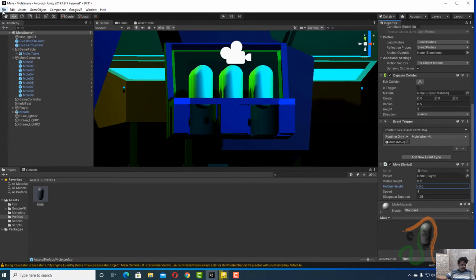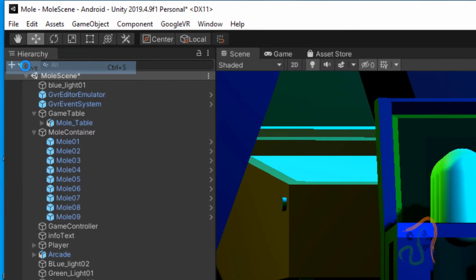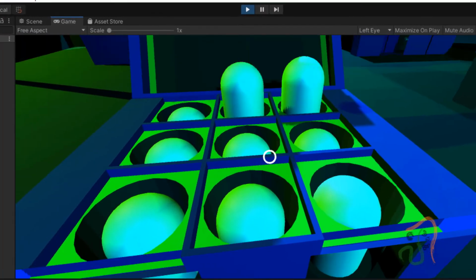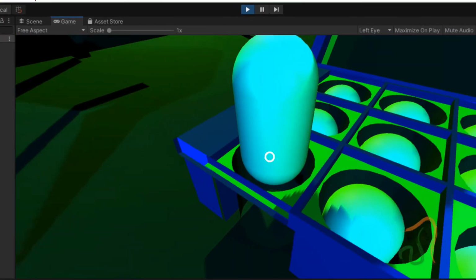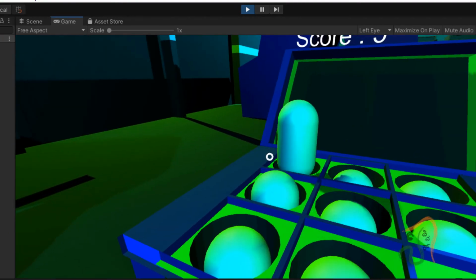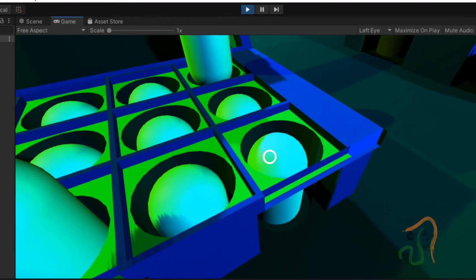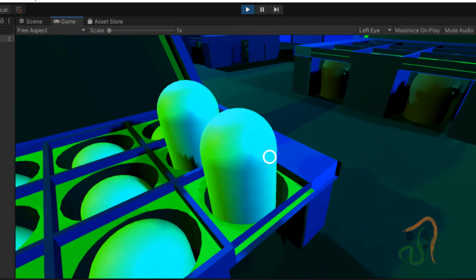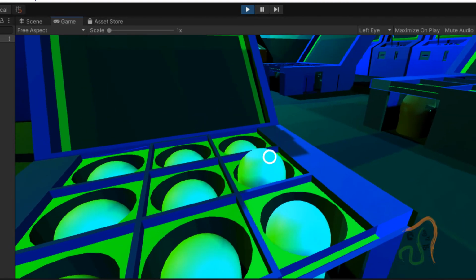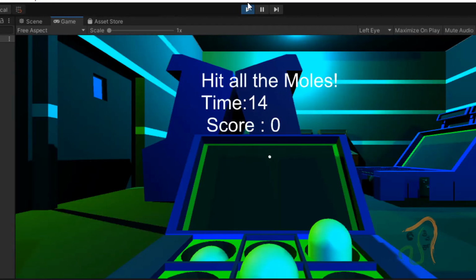Once we set it, go to file, choose save, and play the game and check it. So when we hit it, it goes down. Okay, so this is fine now. We have to readjust the height like this, so the mole is popping up correctly. The only thing now is that this mole has to be replaced with our graphic.